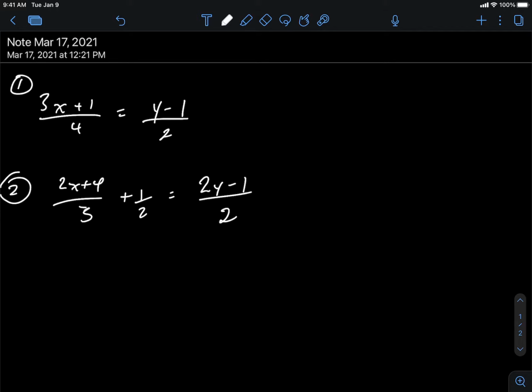I'm gonna try and just get rid of the fractions, right? And as soon as you get rid of the fractions, the whole question just turns into something that you know how to work with, right? And so when I look at this,